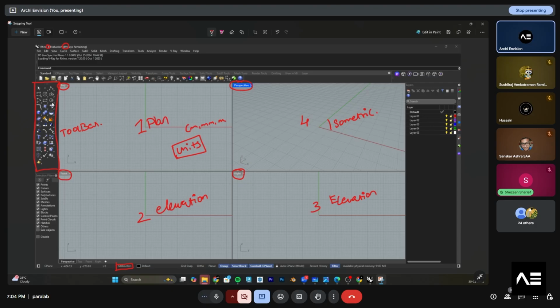It has the menus: file, edit, view, curve, surface, sub-d, solid, mesh, drafting, transform, analyze, render, V-Ray, windows, help. This is another thing we have to focus on. We will also have the standard C plane over here. There is another layout we have to focus on.